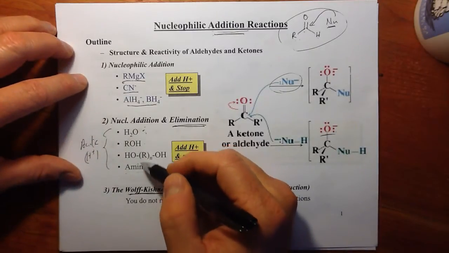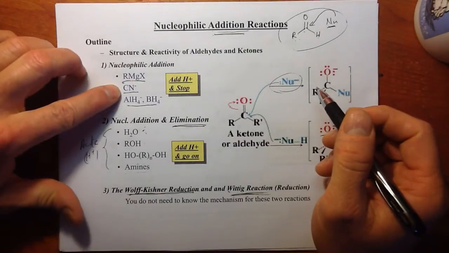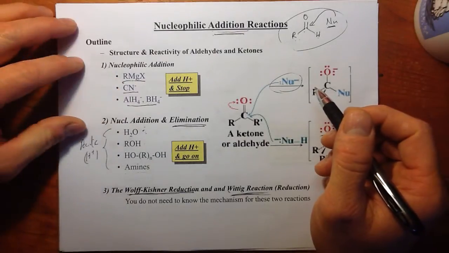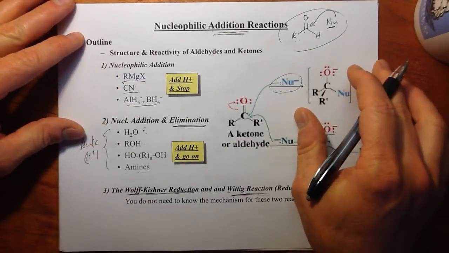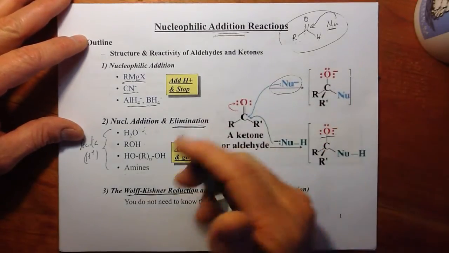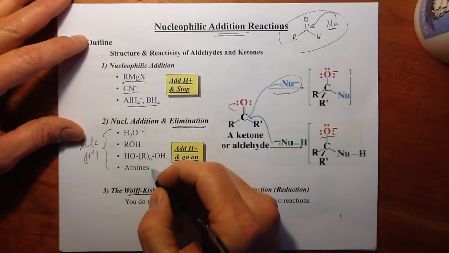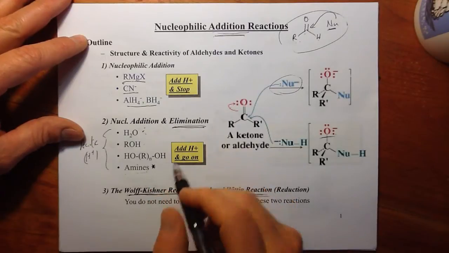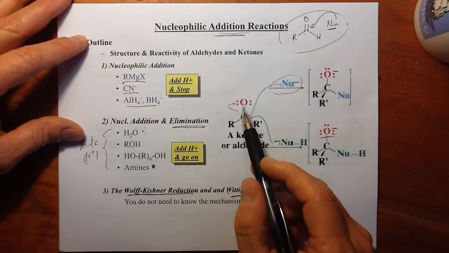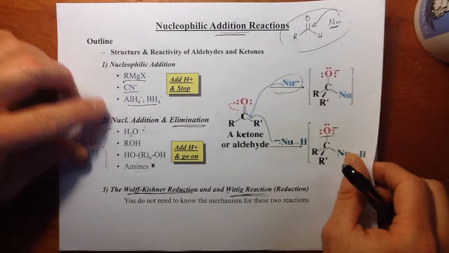These have less basicity than the nucleophiles up here, and so we have to kick them off with an acid. We have to kickstart the reaction using a small amount of acid. Now we will see as we close the video that amines really don't need an acid in the first step to protonate this oxygen, but these will. We'll see that. Let's go ahead and look at addition of water